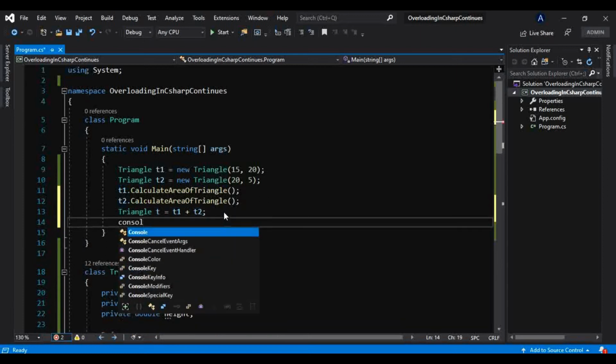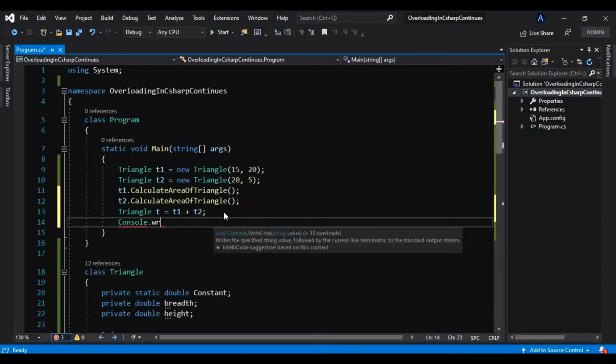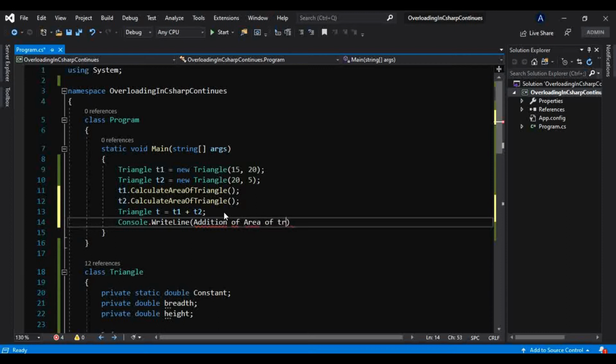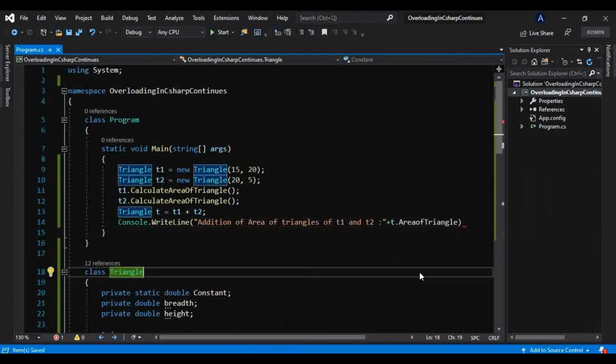Let me take console.WriteLine and let me pass the addition of the area of triangles of t1 and t2, and let me make that a string, and the result will be in this t.area of a triangle.